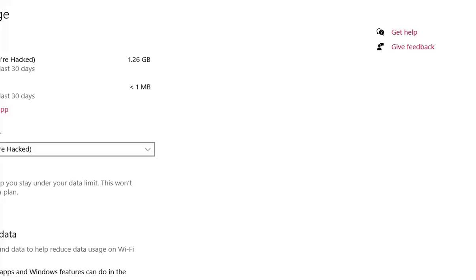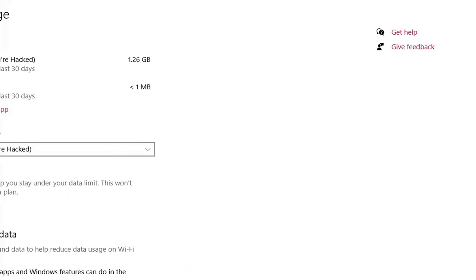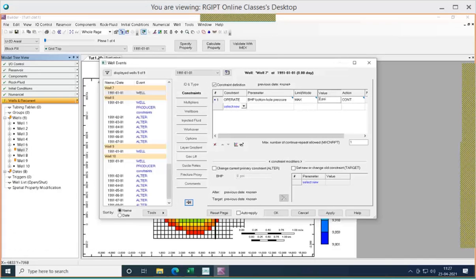Right now, the parameter is bottom hole pressure, and the maximum value we are defining as 3626 psi, and just keep it as repeated.